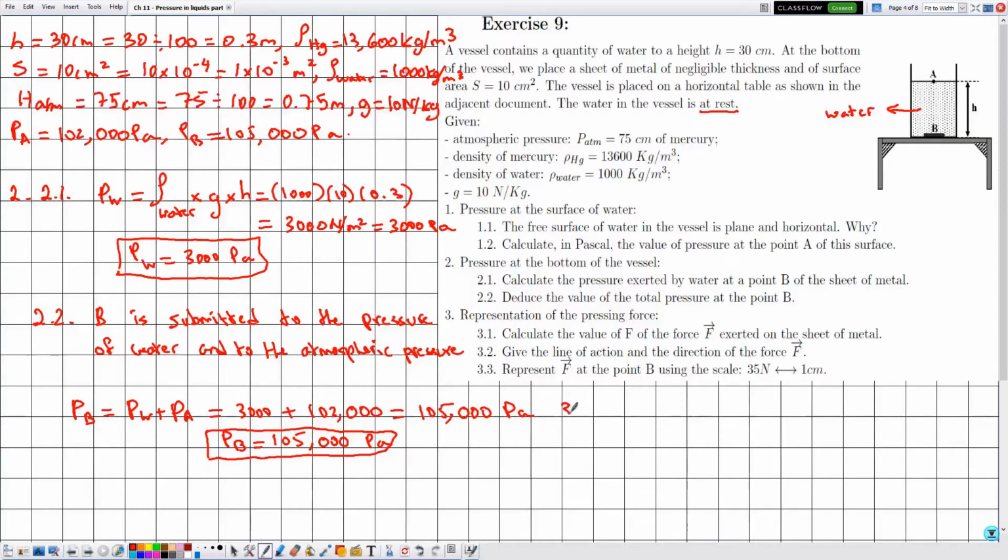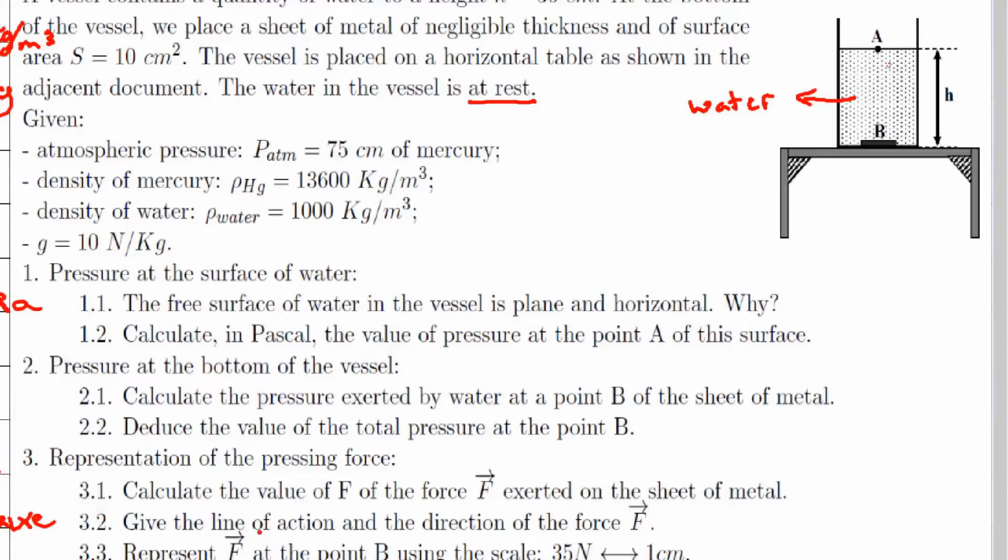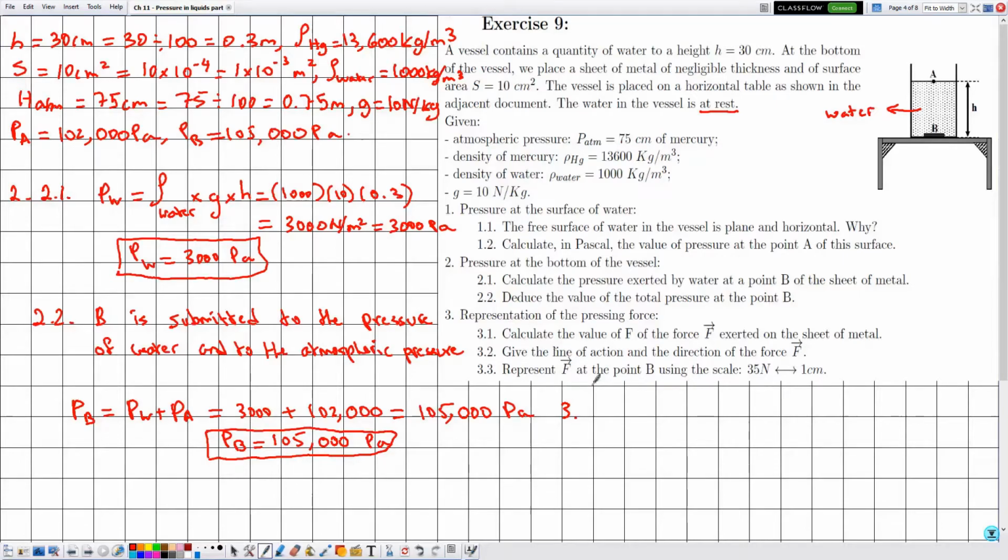Now number 3, representation of the pressing force. Here they are mentioning the pressing force, which is the force exerted by the liquid on the sheet of metal at the point B, and this pressing force is due to the total pressure exerted at the point B. Now 3.1,